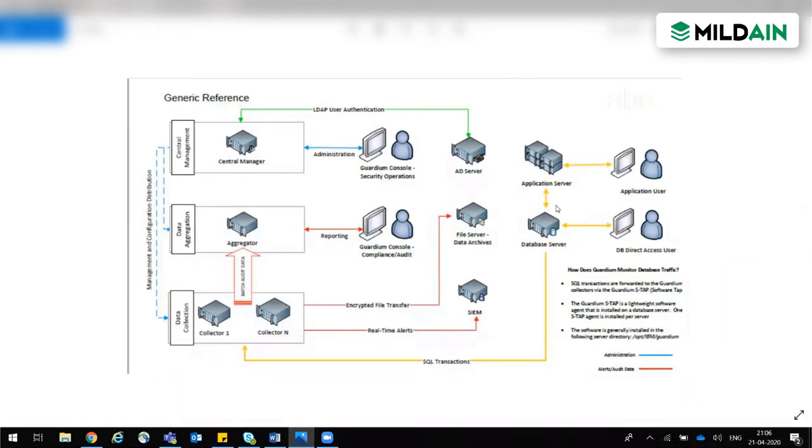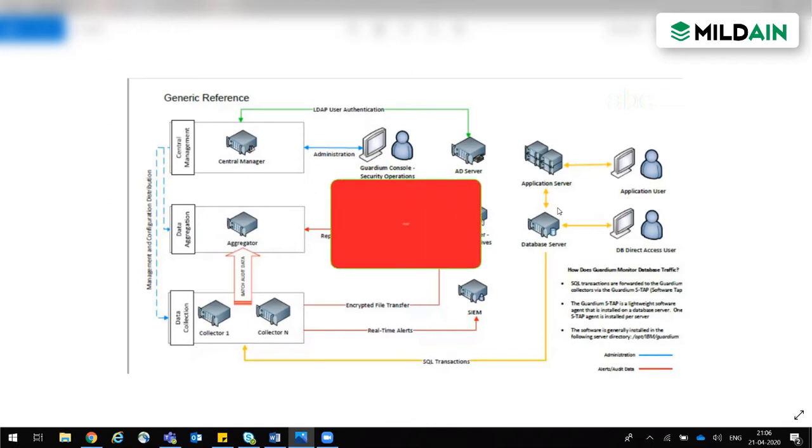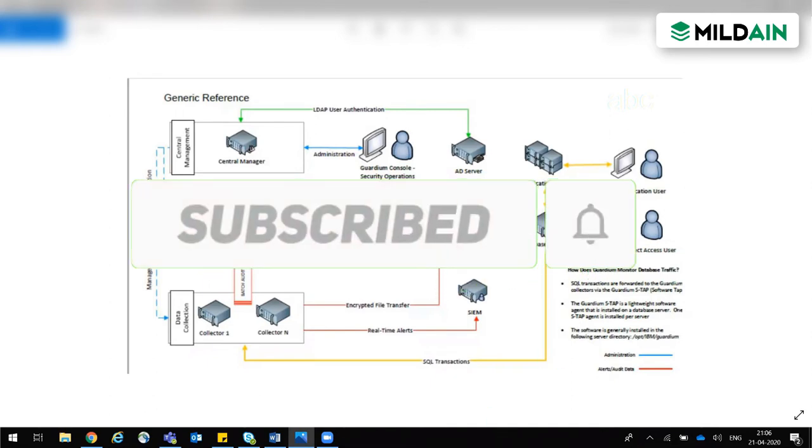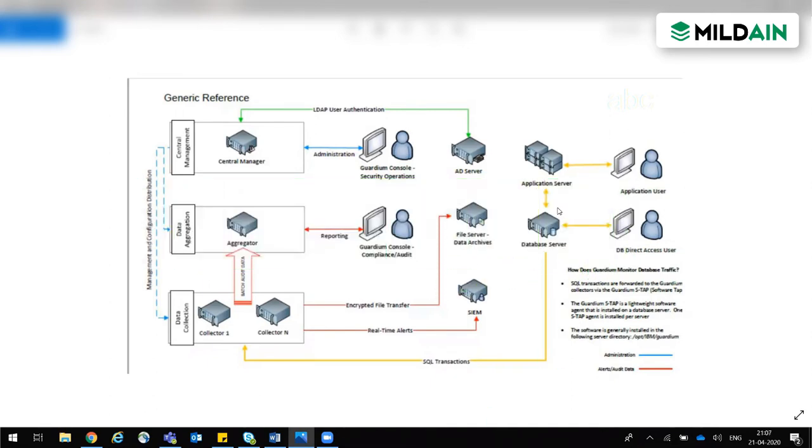With the STAP, we have one more agent called the GIM agent, which is also a lightweight agent. That's the Guardian Installation Module. After version 9.5, this GIM facility comes with Guardian. Basically, GIM bridges the database server and the appliances of Guardian. What we do manually on the database server now, GIM lets us do directly from the Guardian collector or CM onto the database server.